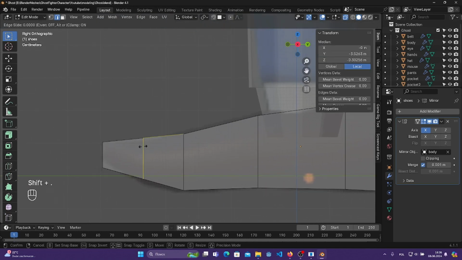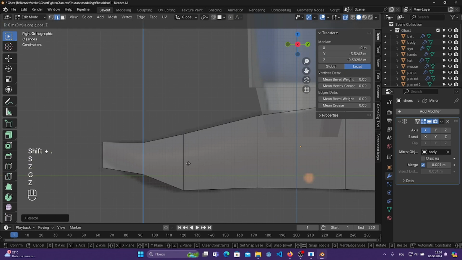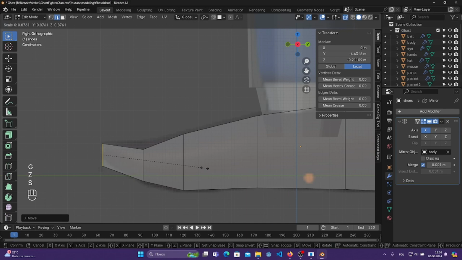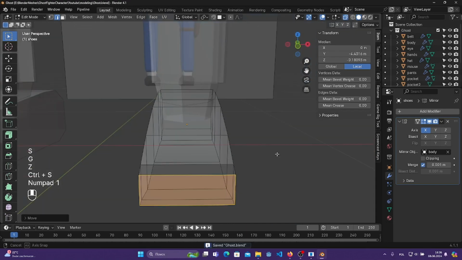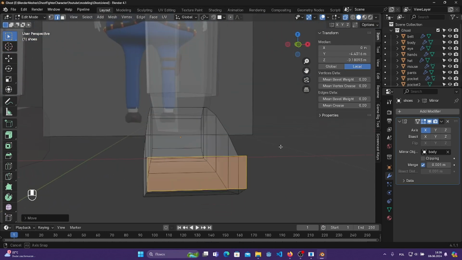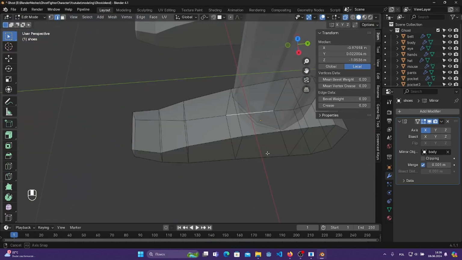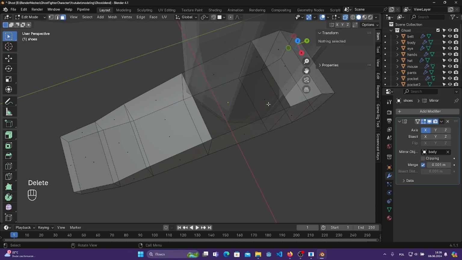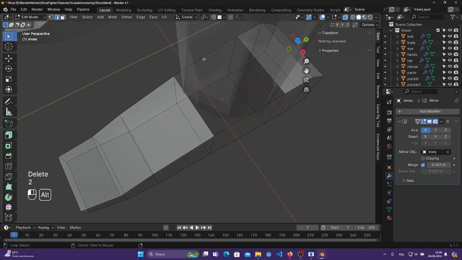Let's make loop cut right here. Scale it down and move it. Okay. Scale it down. Move it. We have something looking like that. Now let's delete the face. Delete faces and